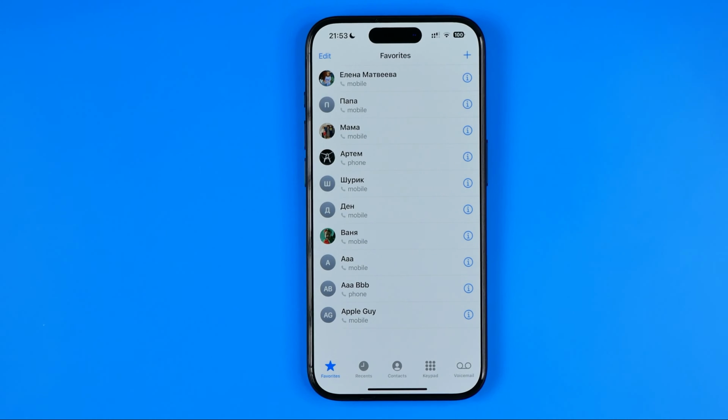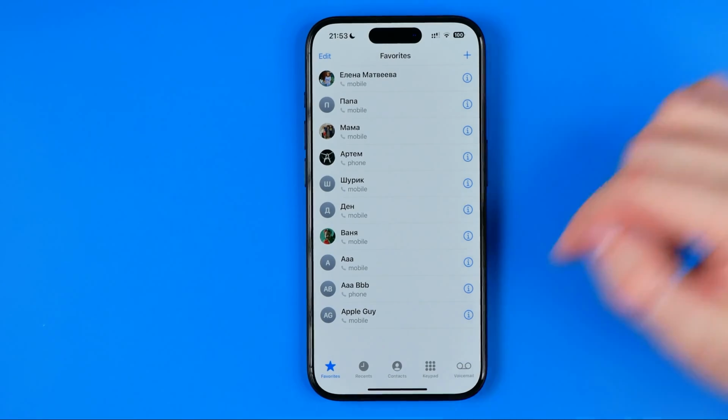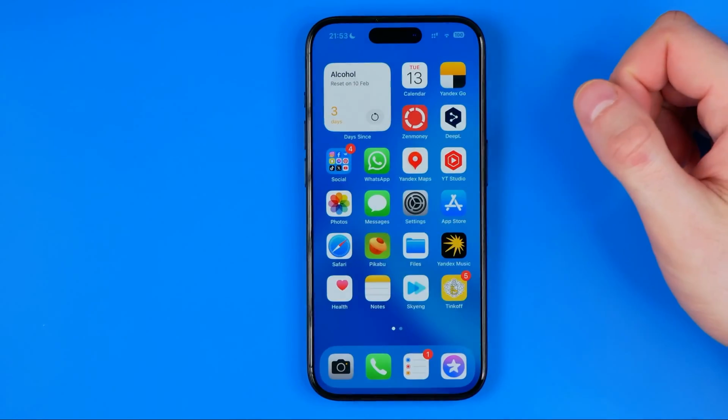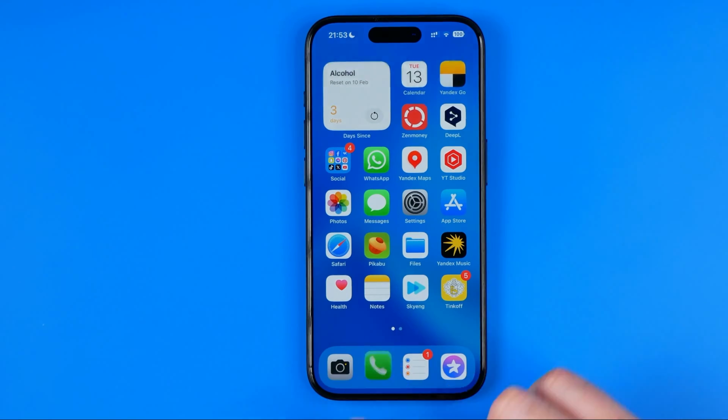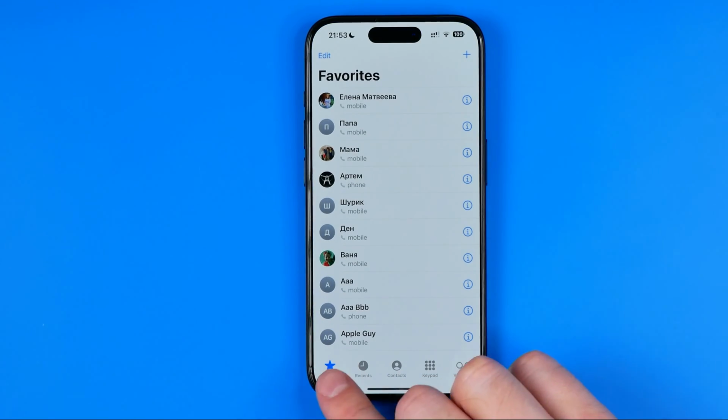In this video, I'm going to show you how you can easily remove a contact from favorites on an iPhone. Be sure to watch the video to the very end so you don't make any mistakes. Let's get started, guys, and first off we need to open up the Phone app and then tap right here to